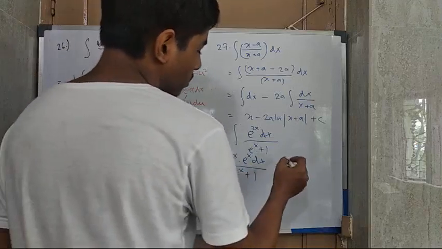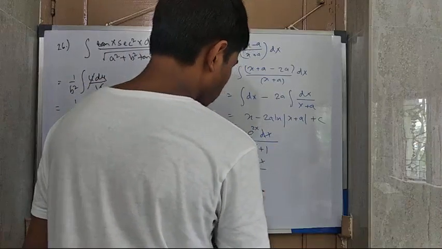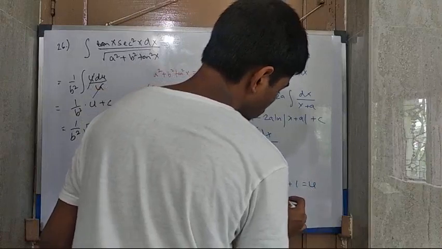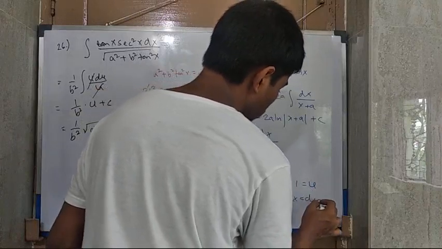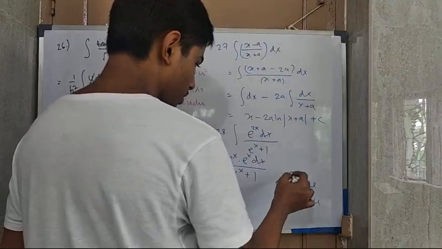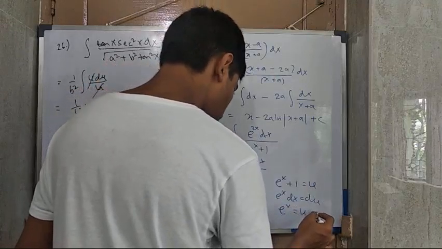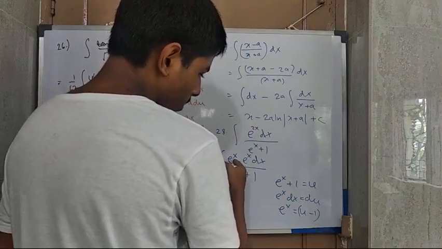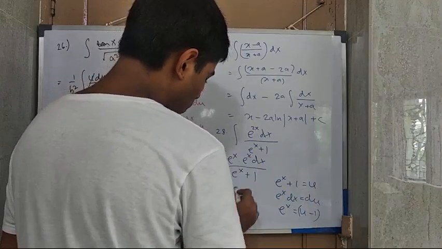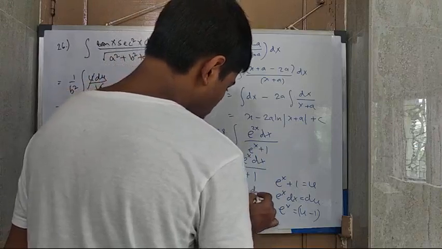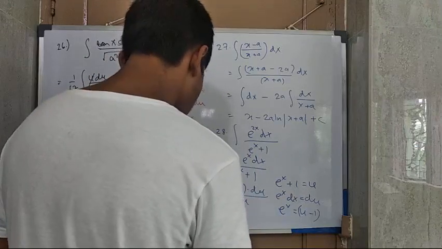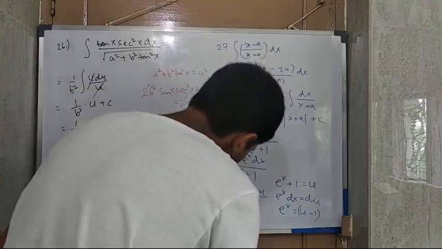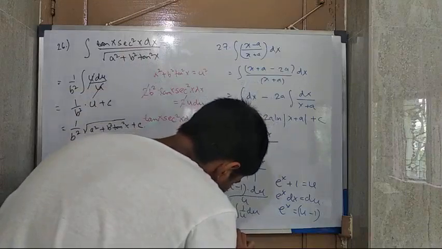Now write e to the power x plus 1 as u, so e to the power x dx becomes du, and e to the power x becomes u minus 1. So put them back: this becomes u minus 1 times du by u. So this is actually integral du minus integral 1 by u du, which is u minus ln u